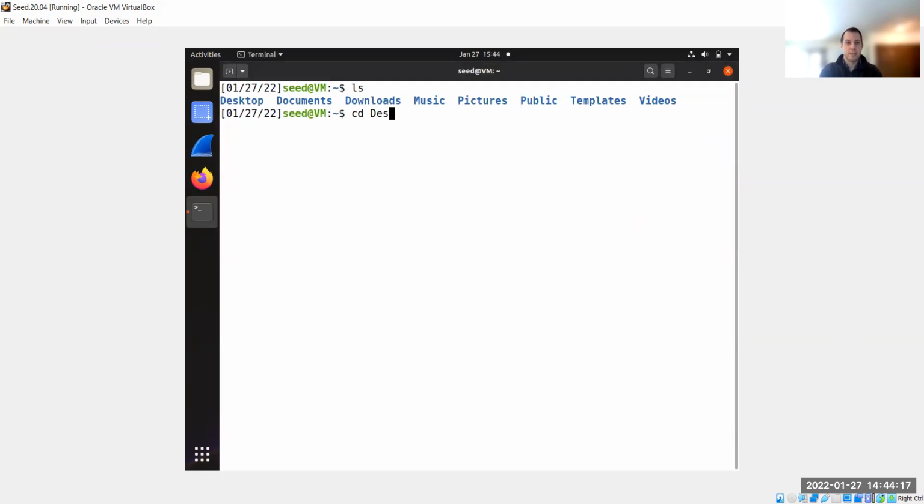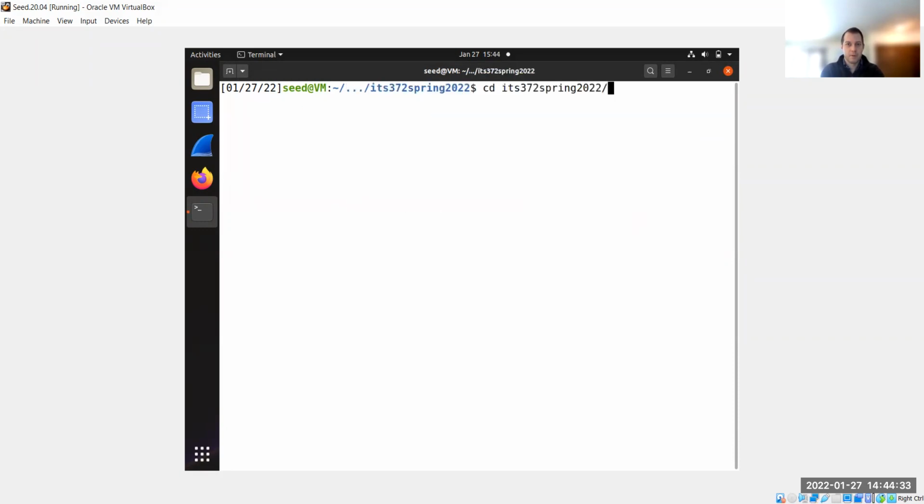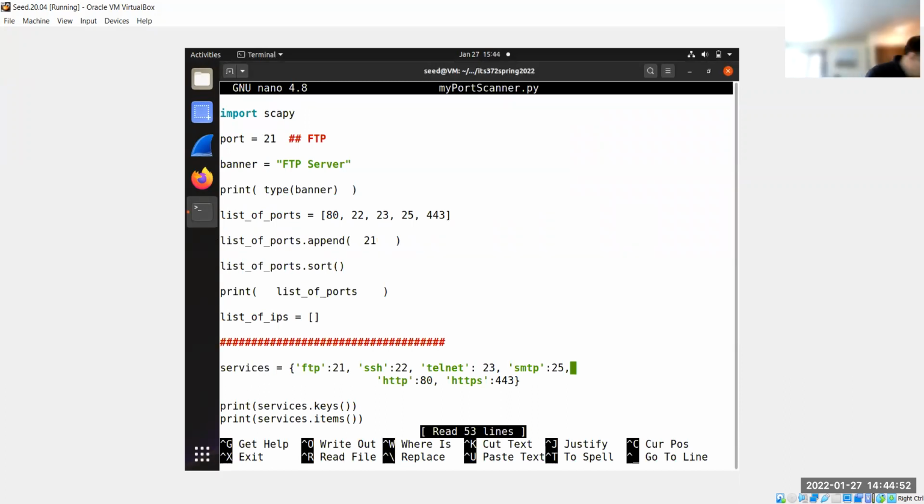And let's navigate to the desktop, and ITS 372, Spring 2022. All right, and then the scripts that we have here, my port scanner is the script that we were looking at. This is what we were looking at the other day. So for this one,